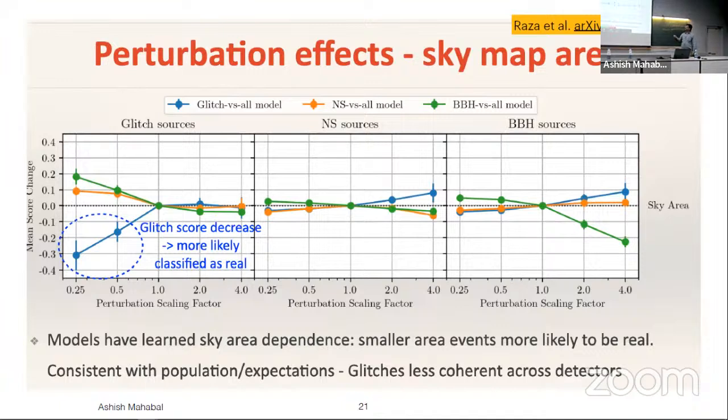So we have got for glitch sources, how they look for neutron star sources, for black hole sources, etc. These are the kinds of interpretability studies, explainability studies that we can start doing for most of your models. And sometimes you may be forced to do it post hoc, but if you can do it right at the start, and that is where the requirements part that I mentioned comes in,